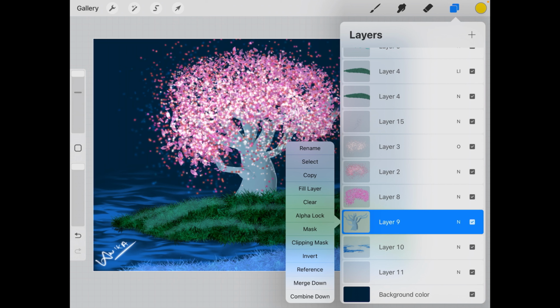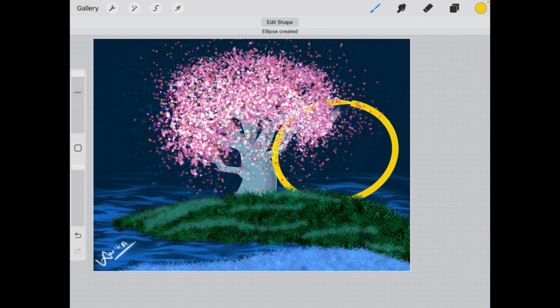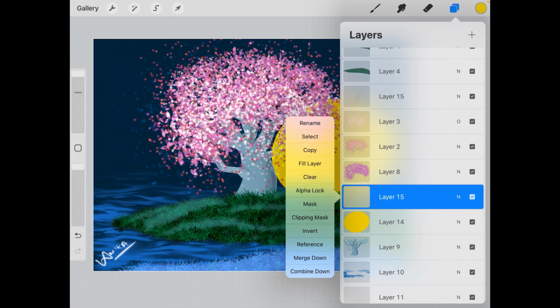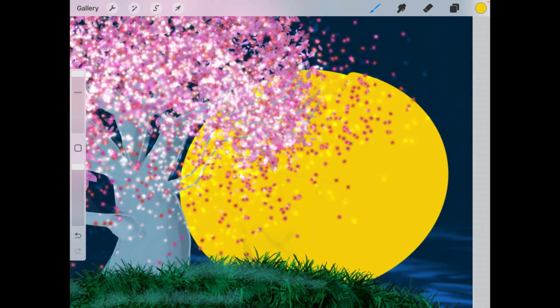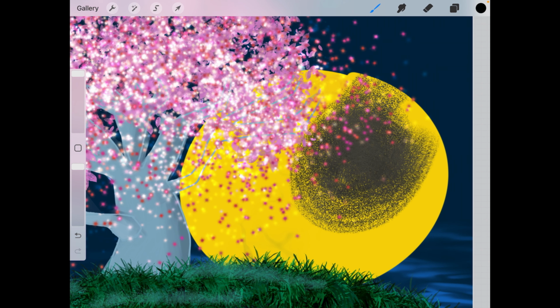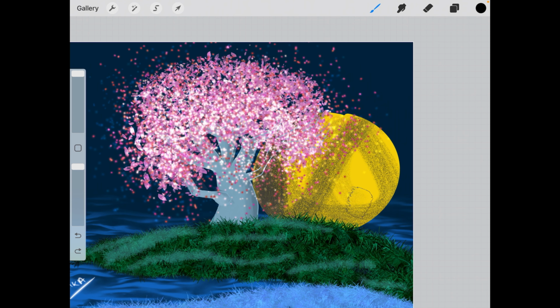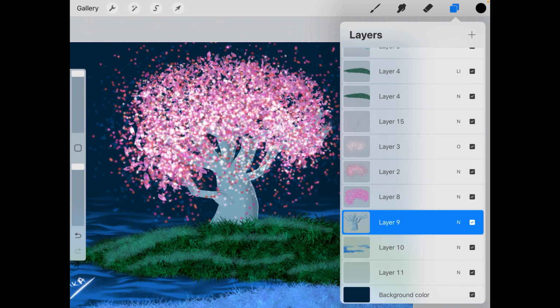Okay, then we have clipping mask. Clipping mask is again interesting. I'll show you that with another layer. Okay, so let me just draw this circle and fill it in. Now I'll create a new layer on top of that, and this blank layer I will select clipping mask. So what it does is that whatever I draw on this layer, it won't let me draw anywhere except where there's color. So I'm not able to draw above this yellow part because it's clipped onto this. I can draw completely inside this yellow part, but not above that. This is a great technique for shading, and it's very handy.